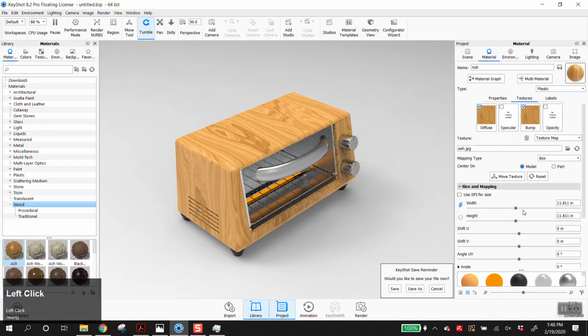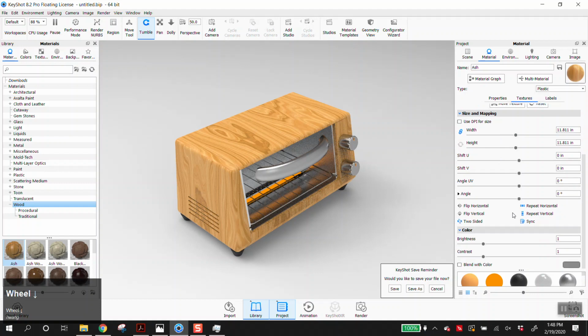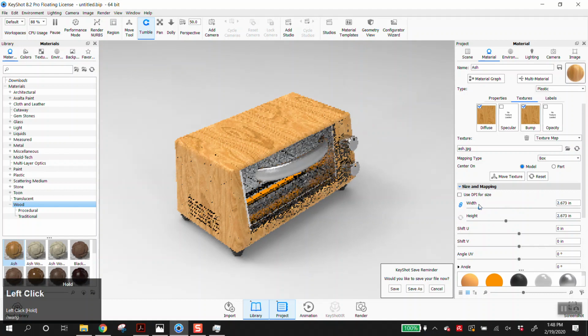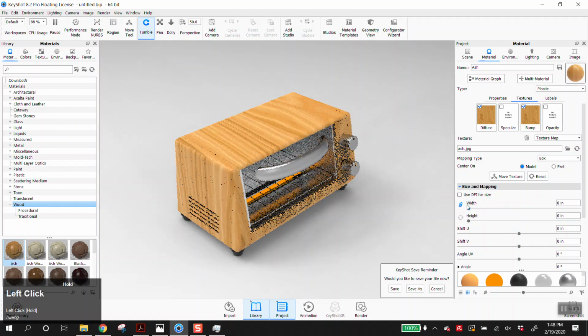Again, I typically don't get into this until later, but if any of you need to use these textures, you can change the size here, size and mapping. I believe this means that the height and width are linked. Down here, this sync means that the diffuse map and the bump map are linked. Diffuse is basically like wrapping paper for a Christmas present. Bump is giving the height and depth. So for example, if the wood grain's too big, I believe you can drag this in one direction and it will change size. The problem is if you go too small,